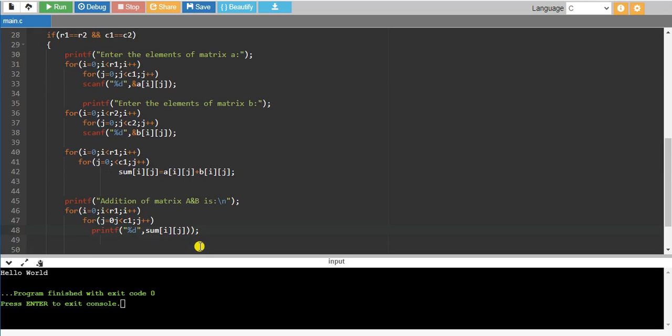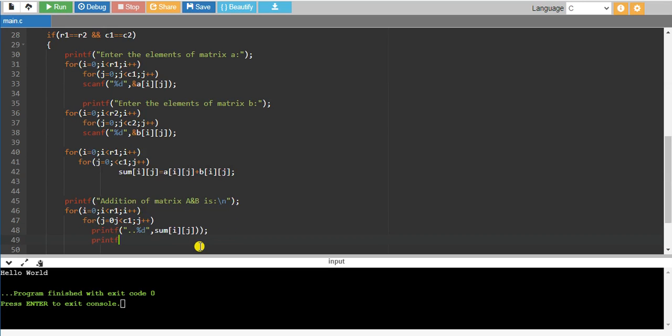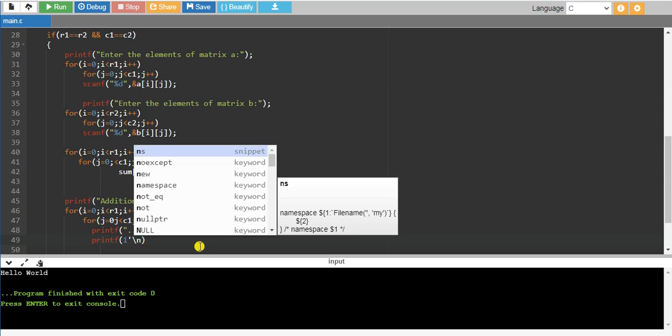Then one more thing is here, just to make a difference, I'll add these two dots. And to print properly I'll be adding one more printf statement, printf, then \n.